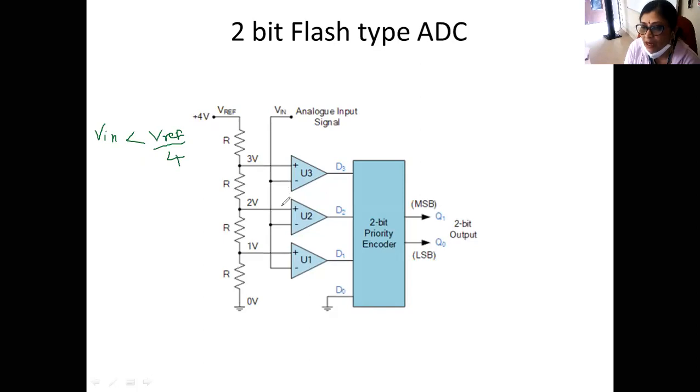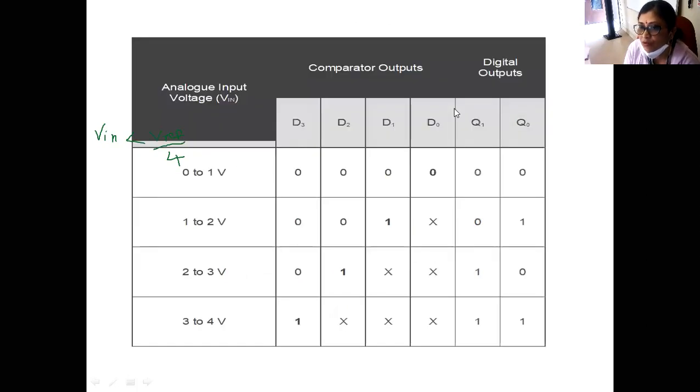The voltage at the inverting terminal will be less as compared to the voltage at the reference terminals of all the operational amplifiers or comparators. Okay, so for this let us see the truth table